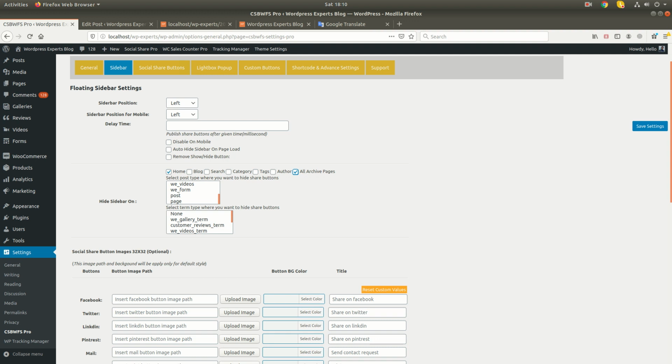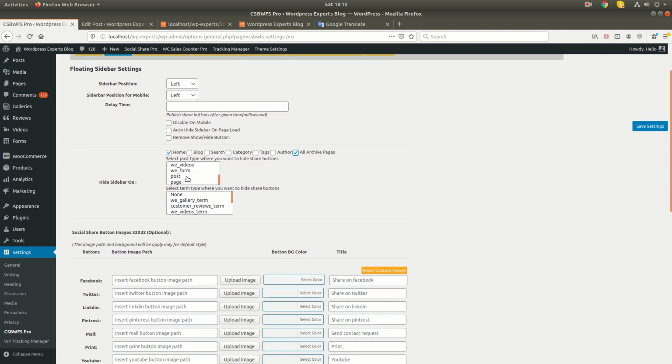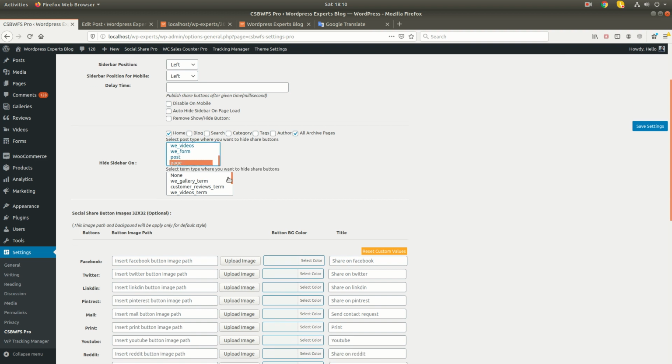If you want to hide the sidebar for a specific custom post type, if you want to hide the social bar for posts but not pages, or in the same way hide it for pages but not posts, in that case let me check.